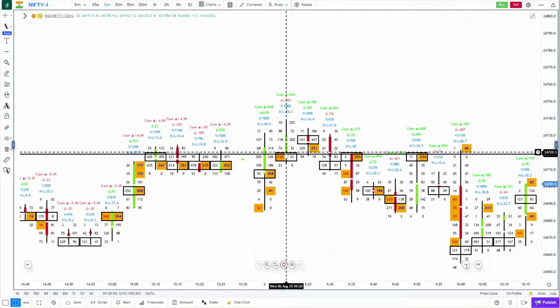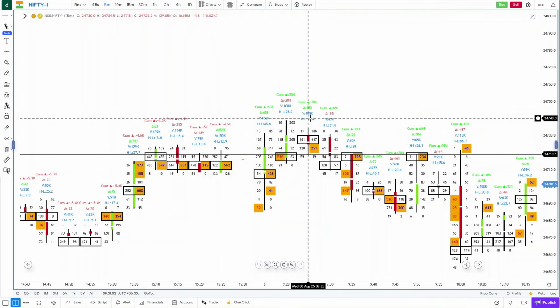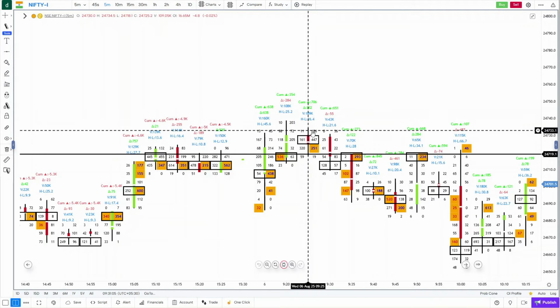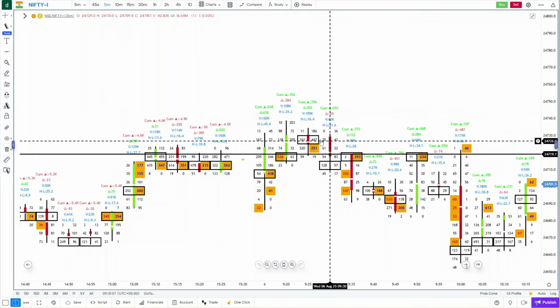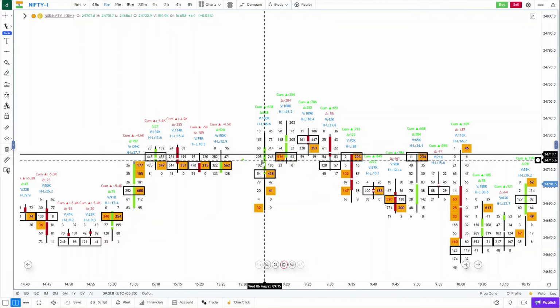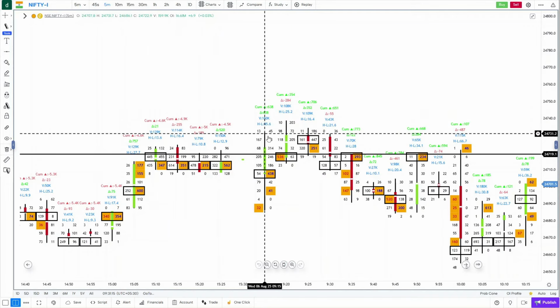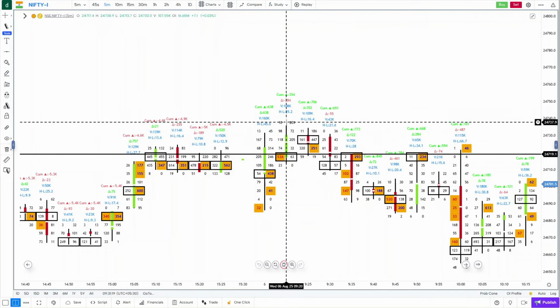But at the same time, in the next 5 minutes, not much effort, negative 284. And then again in the next 5 minutes also 352, a positive delta was there. But then with this positive delta, prices have closed red. So what this tells you is basically, the overall cumulative delta is 706, but they couldn't close the